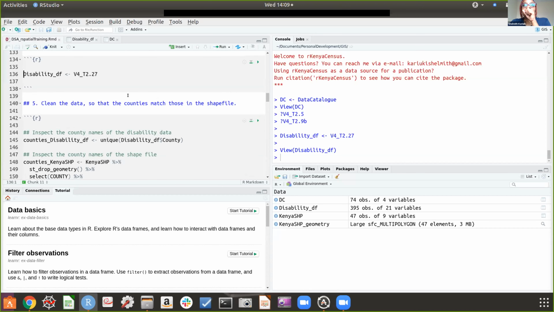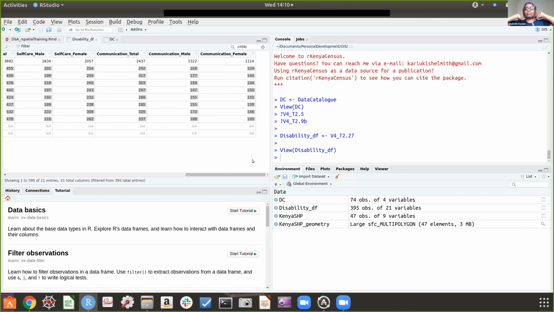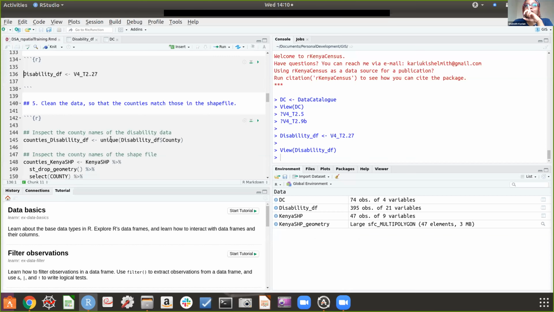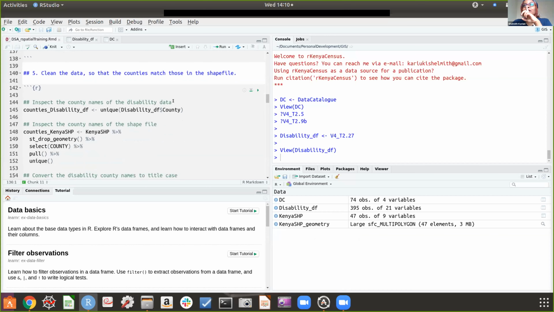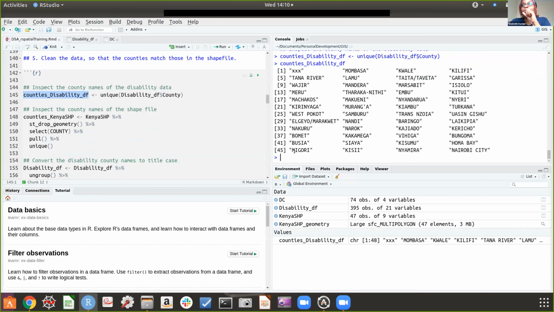So we want to clean the data so that the counties match those in the shapefile. We have this data, but it doesn't have the geometry column in it. We want to join this data to the Kenya shapefiles data, using the county as the main variable for joining. But what you're going to notice is that the way the counties are named is different. For example, if we look at the unique counties in the disabilities data, you will notice that